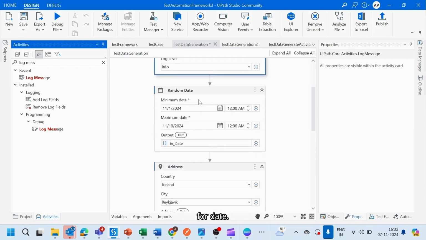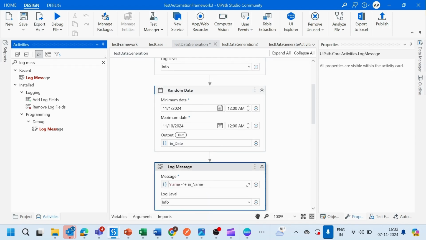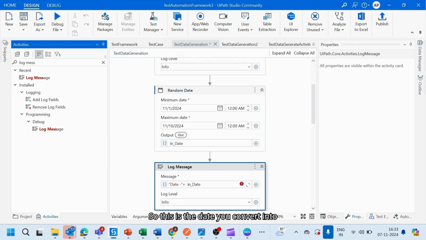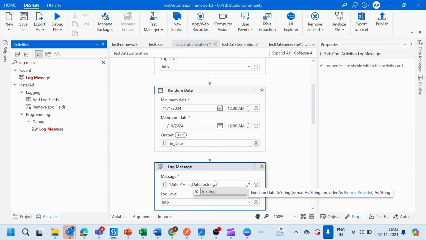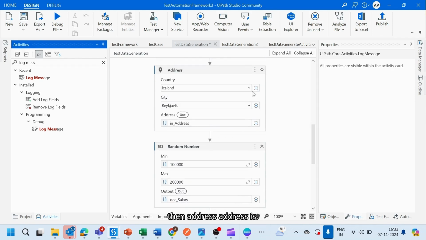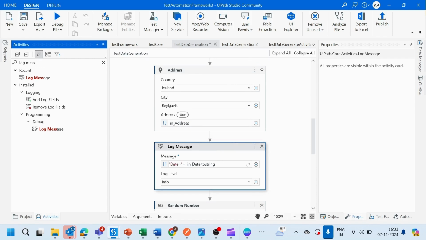Then for date, just pass in date. So this is a date. We'll convert it into string, which is done. Okay. Then address. Address is a dictionary variable, right? So